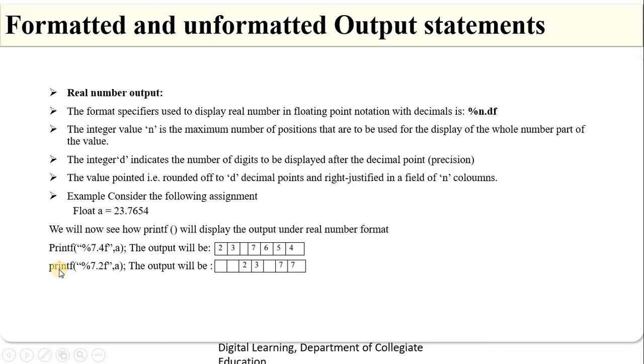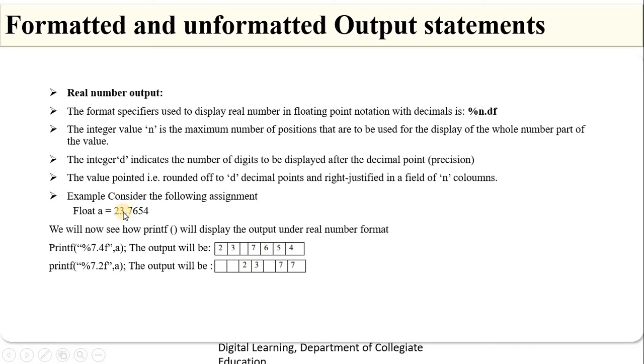Whereas for the second printf, here you have 7.2f. So the numbers after the decimal should be 2 only. So it has to be rounded off. This 7654, if you round off to 2 decimal points, then it will be 77 because 5 is there here. Anything 5 or more would make the preceding digit 1 higher. Thus 77 would be here